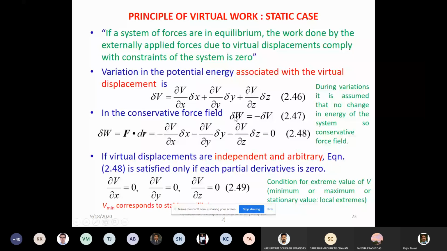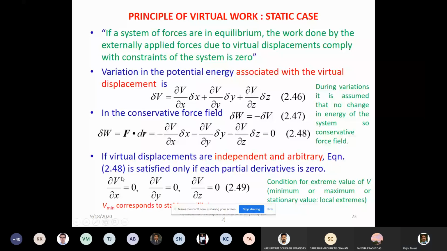Now, in this expression, delta x, variation of x, variation of y, variation of z, all are independent and arbitrary. These delta x, delta y, delta z, we can choose arbitrarily, also independent of each other. So if that is the case, this equation will be satisfied only when these components are individually equal to 0. Mathematically, this is the condition for an extreme value of V,